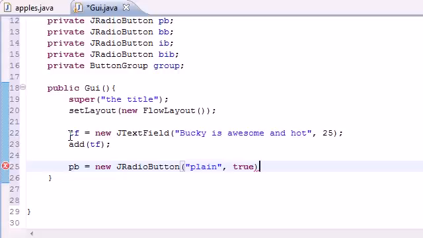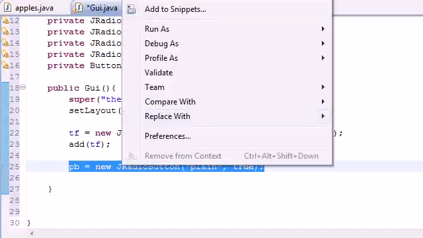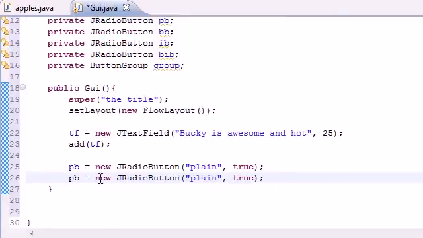Now, the parameters it takes for true and false are pretty much true is checked and false is unchecked. So if we're starting a relationship, we can only have one true at a time. So the first thing we want to do is set one of them to true, and later on it's going to do it automatically for us when we click it. But for now, let's just go ahead and copy this, and the rest of them are going to be false, by the way, since we only want one checked at a time, because that's kind of the concept of radio